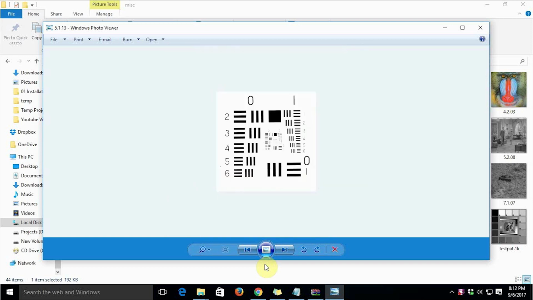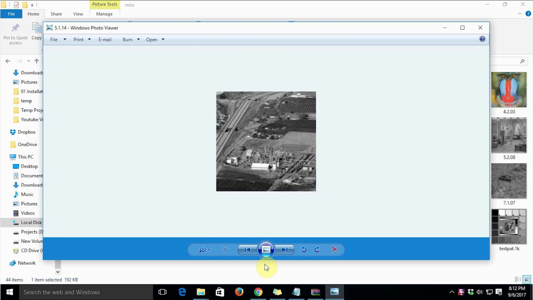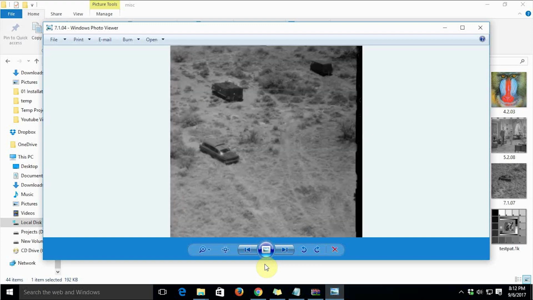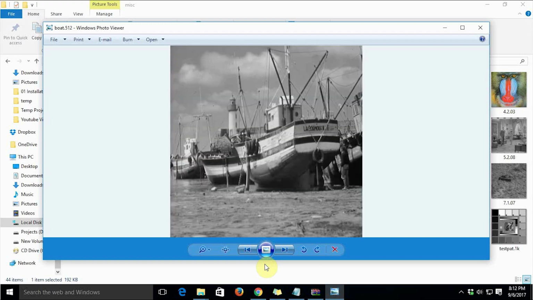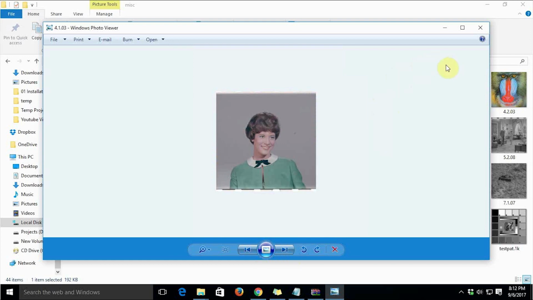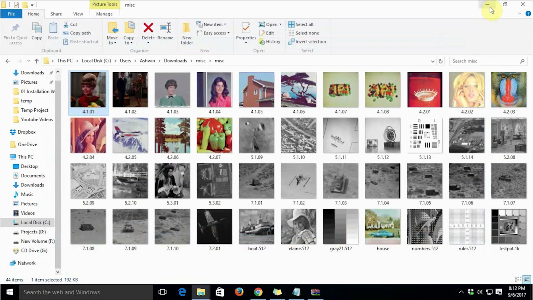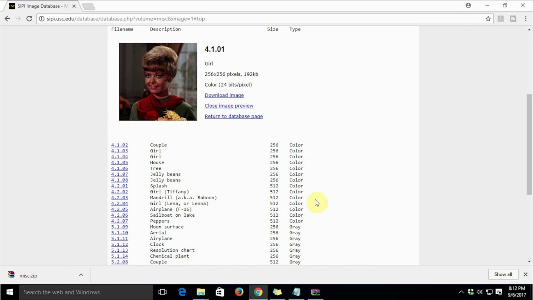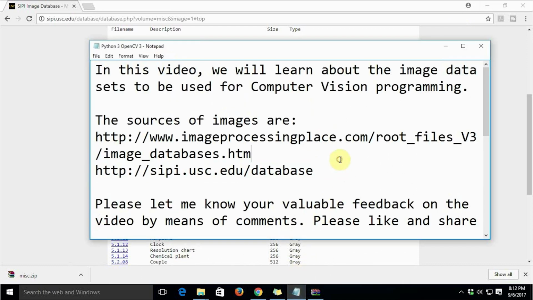Essentially the same as the earlier dataset, but we have a couple of additional images. You can use all these images for any one of your digital image processing practicals. You can find the links in the description of this video.